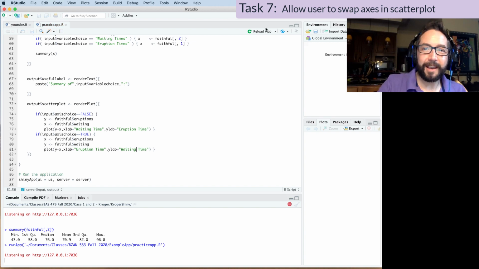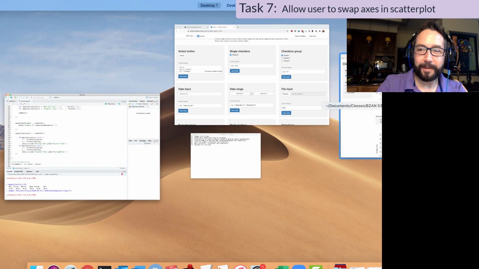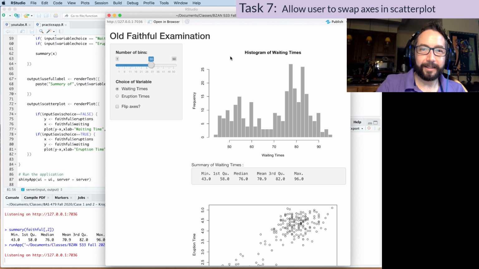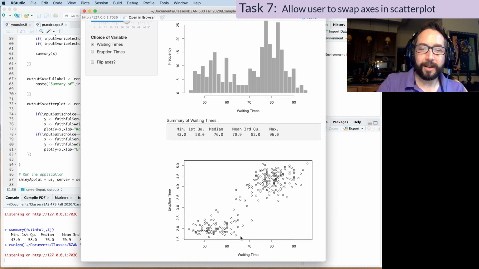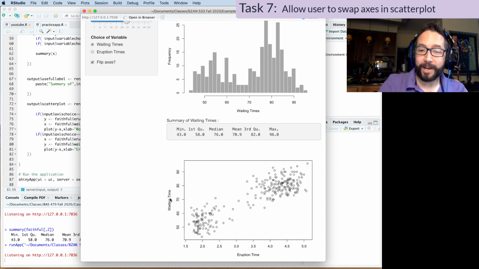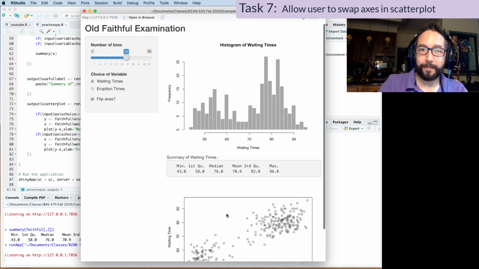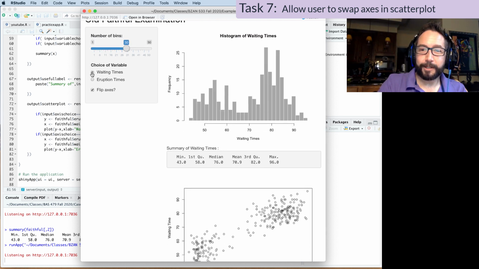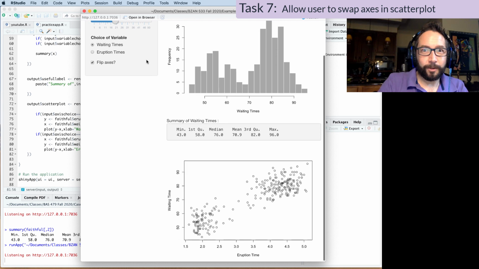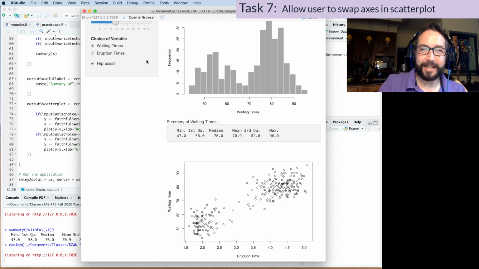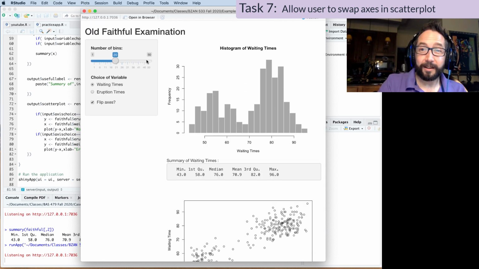So I'm going to click save. I'm going to reload that app, go find it, and let's see. So right now, eruption time versus waiting time, flip the axes, check it, boom, waiting time, eruption time. So that's going to be independent of what's been selected up here. So that's just changing the histogram, that's changing the summary, the bin's changing. So, cool. We did steps 1 through 7, tasks 1 through 7, and now we have a pretty fine looking